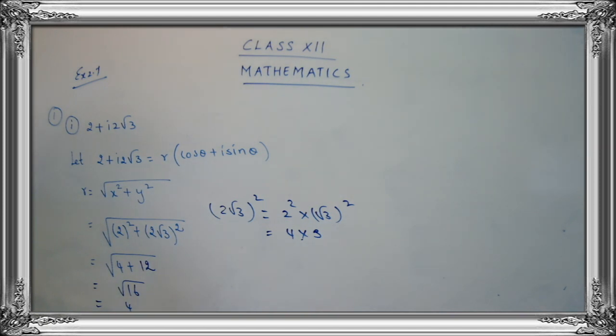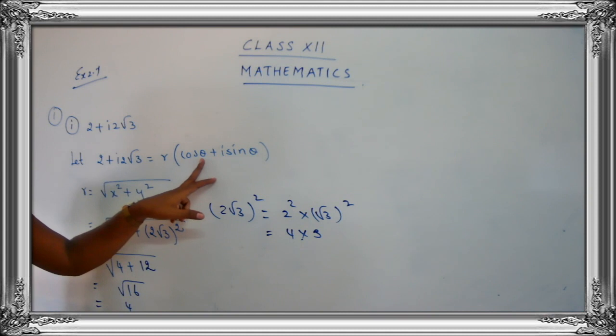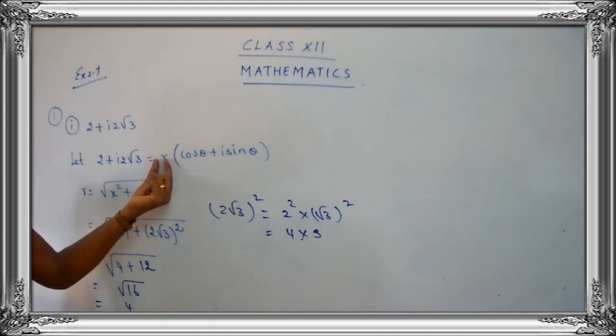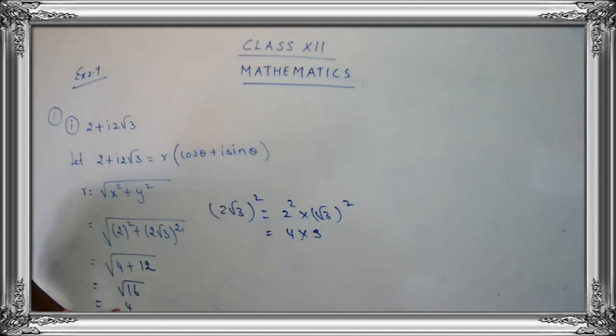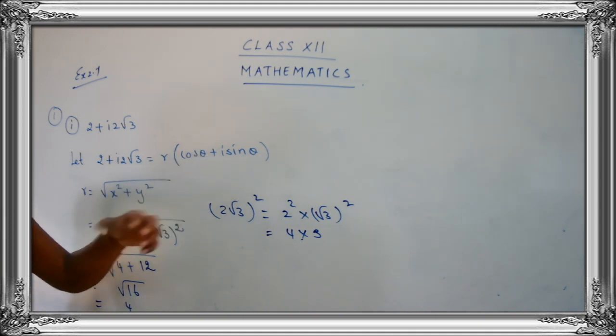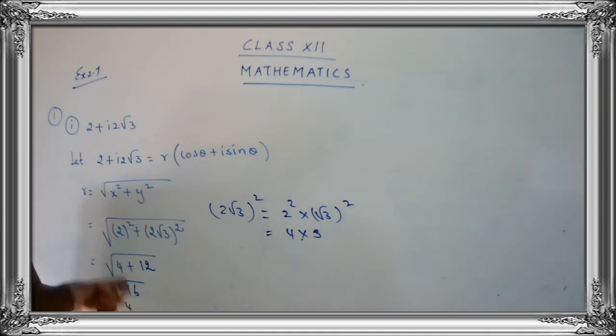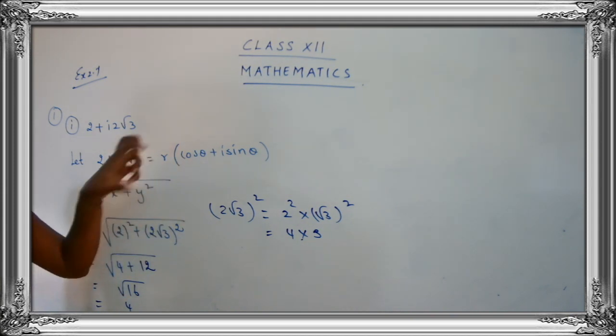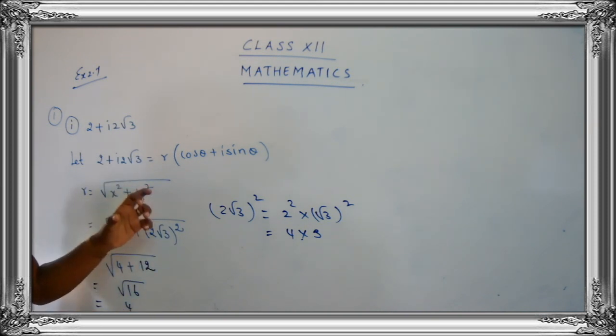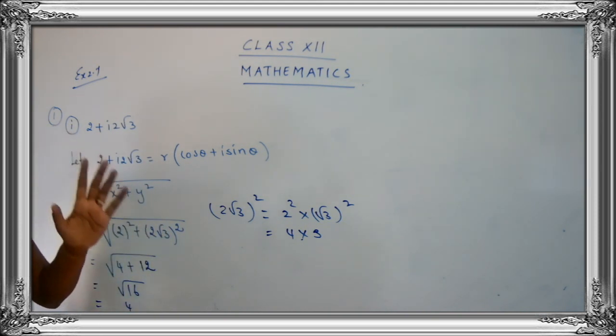Now let us move further. So now the next thing is we are going to find out alpha, because here just see children, we have to get the value for r and theta. Yes, already we have found the value for r. So the value for r is steady. Now we have to find out the value for theta, but we cannot find the value for theta directly. What we are going to do is we are going to find out the value for alpha. Once we are able to find the value for alpha, we can find the value for theta. That is, we have to check for the quadrants, and we are going to find out the value for theta. I hope you are clear.